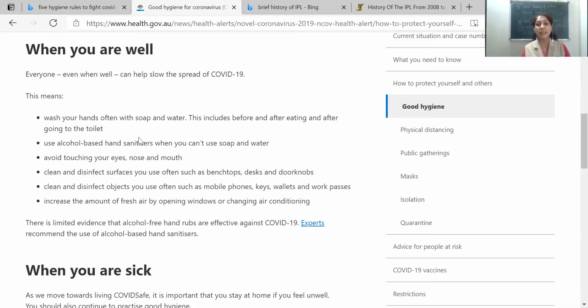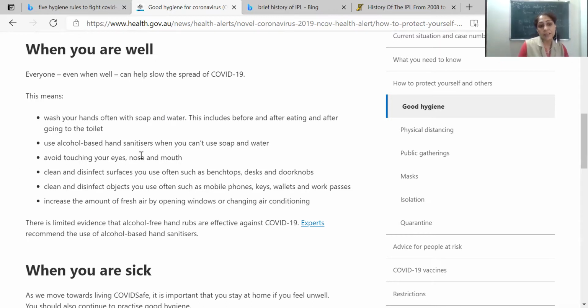These are the medical sanitizers which are used by doctors, alcohol-based. But be wary about it. Don't let a fire start, because it might cause a fire. It's a highly flammable alcohol-based hand sanitizer. When you can't use soap and water, when there's no soap and water around, suppose you're outside your home, you can always carry alcohol-based hand sanitizers, which come in very handy packs. You can keep it in your pocket and you can use it anytime.